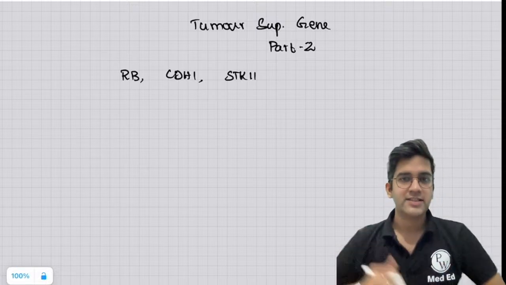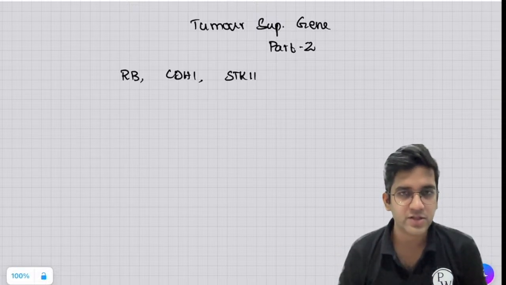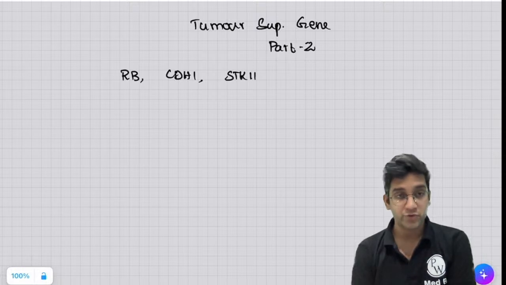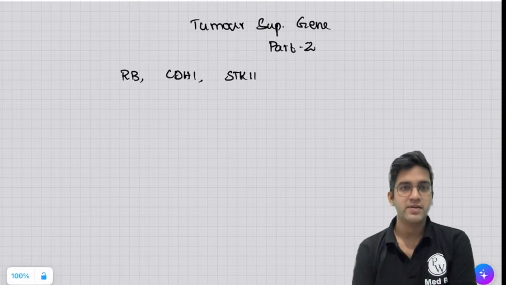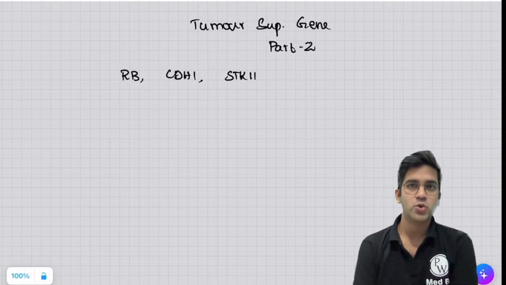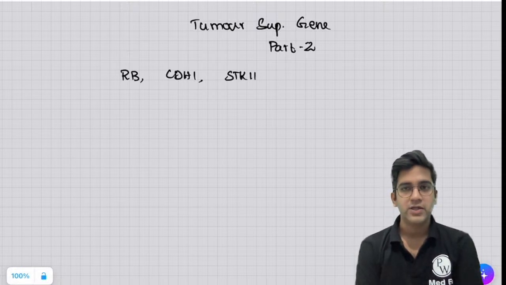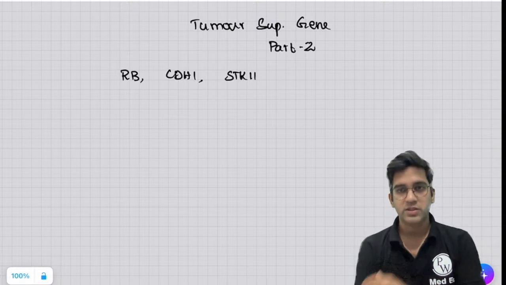So we are in the second part of tumor suppressor genes. Yesterday we saw quite a good number of tumor suppressor genes. We saw the basic concepts of tumor suppressor genes, and also we saw about P53, right? Today in part 2 of the lecture on tumor suppressor genes,